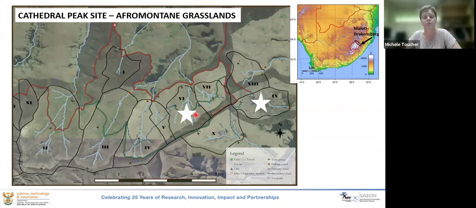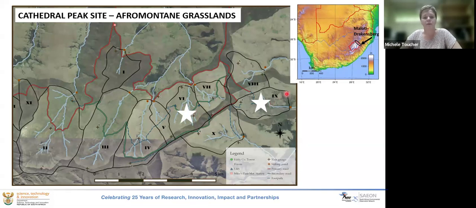Whereas catchment 6 on this side, from this white star over here, catchment 6 is a grassland catchment. It's always been a grassland catchment. It's burnt biannually, and it is the sort of control catchment and always has been in the past. So it is a site where we've got the eddy covariance tower, and we've got quite an array of soil water sensors through the catchments and piezometers, stream flow measurements, and climatic variables. Whereas in catchment 9, we're using a surface renewal system, which we've calibrated against an eddy covariance system. We've got the stream flow, and we've also got soil water sensors.